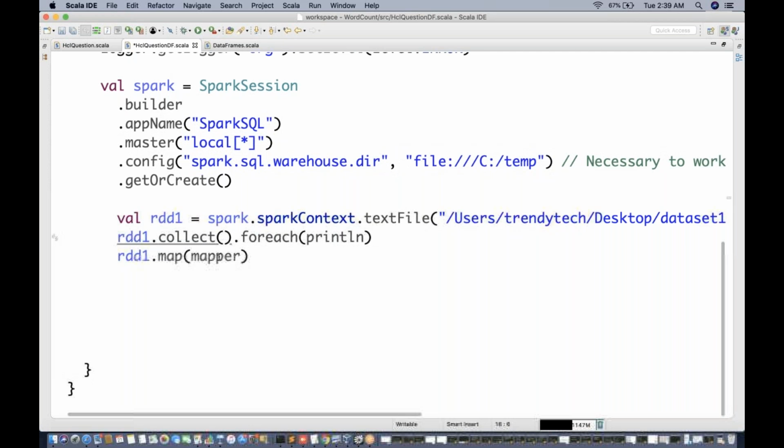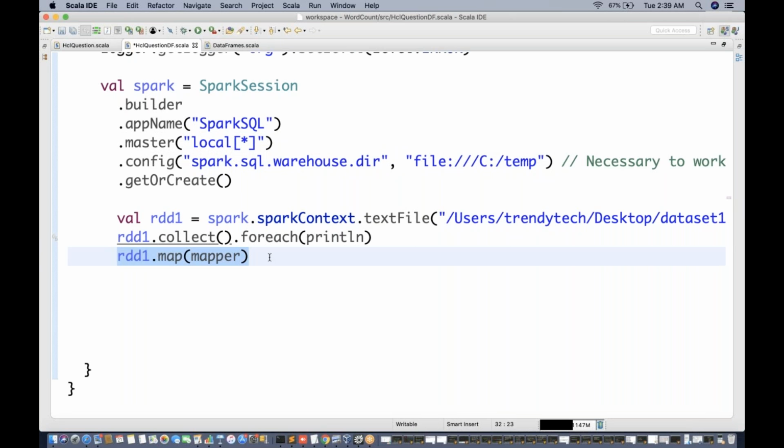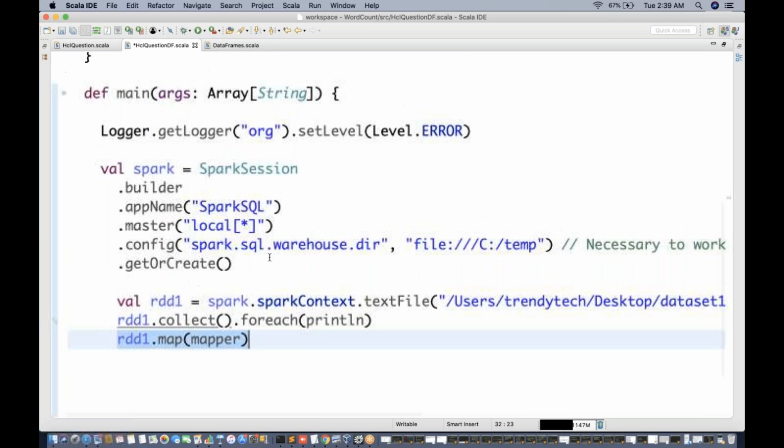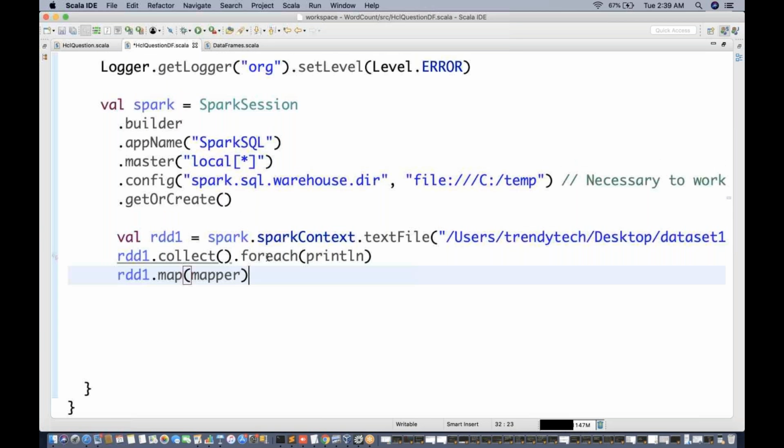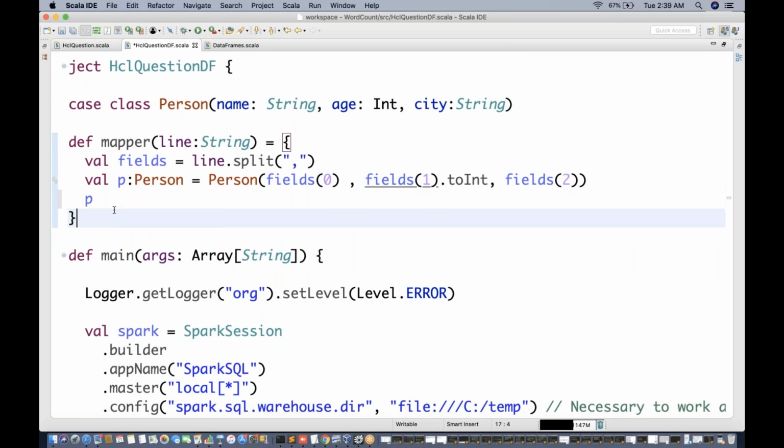And then what is the output of this one? So the input you can see is RDD1, raw data. The output of it is an RDD with structure. Don't you feel this P is of type person, which is structured?